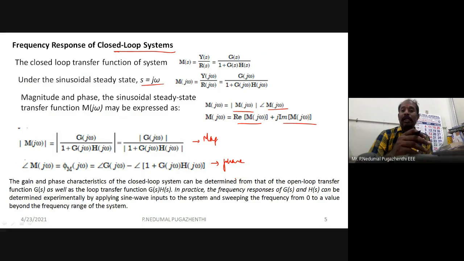That's the major advantage of these plots, Bode, Polar, and Nyquist, which we are going to discuss in the 4th unit, stability analysis. So you take your open loop transfer function, apply the change in omega from 0 to any value beyond the limit of the omega value of that particular system, then capture every change in the magnitude and phase for the provided input and variation in frequency. Then you can plot it, finally get the results, and that resembles the characteristics of the closed loop system.